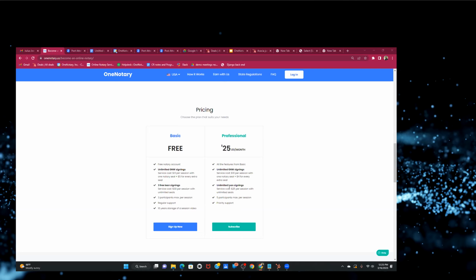Okay, great. One more question in regards to the venue. If I'm in New York and they're in Florida, is their venue still Florida, or how does that work with online notary? That's a good question. The venue is always going to be the location of the notary. Online notarization takes place where the notary is.